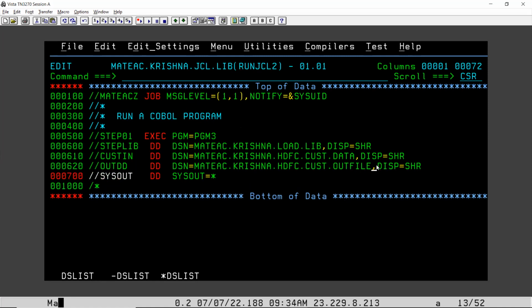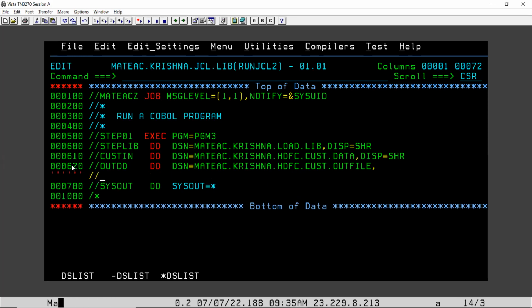Okay, so here this file is not available already. If it is available, we can use DISP equal SHR. If it is not available, we have to create that file. So that's why I have to use, in this JCL, the parameter like DISP equal